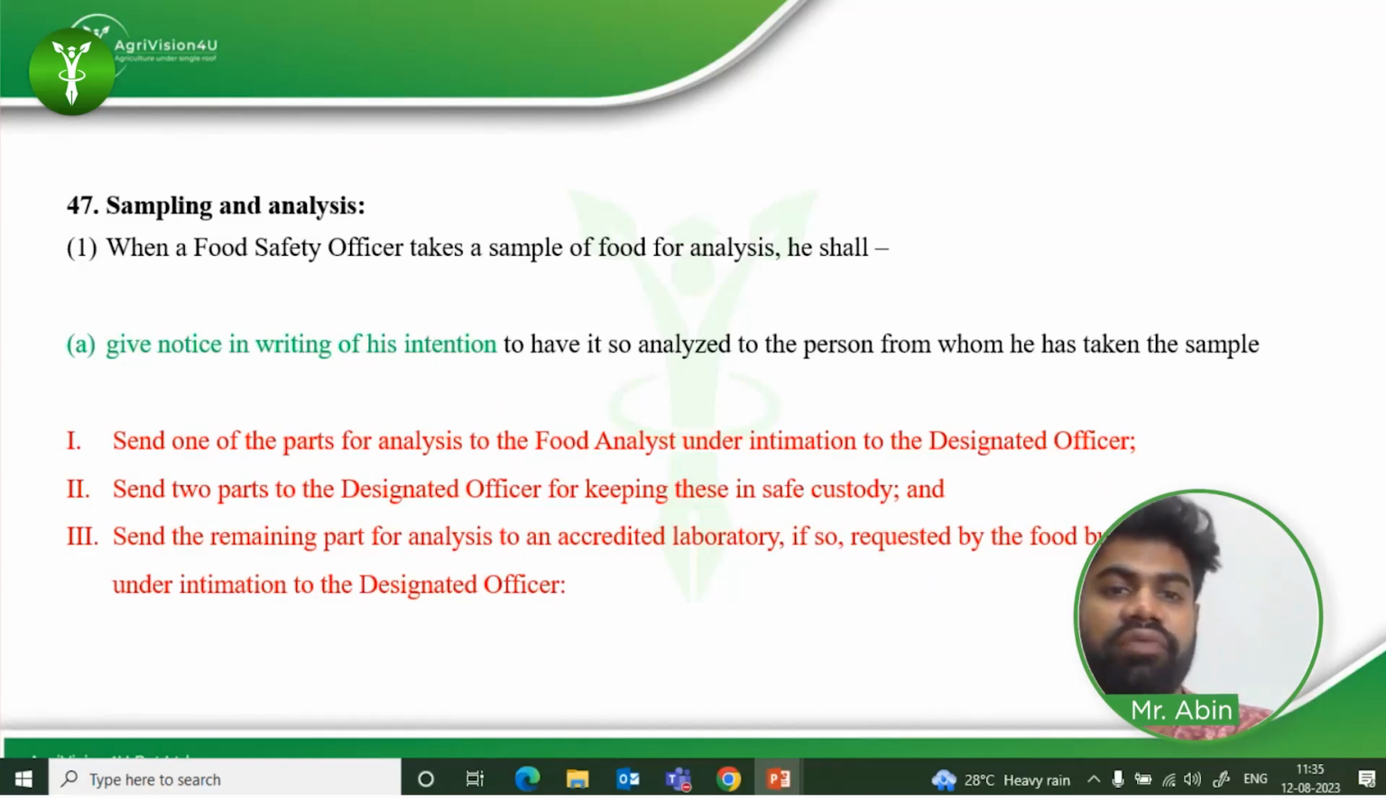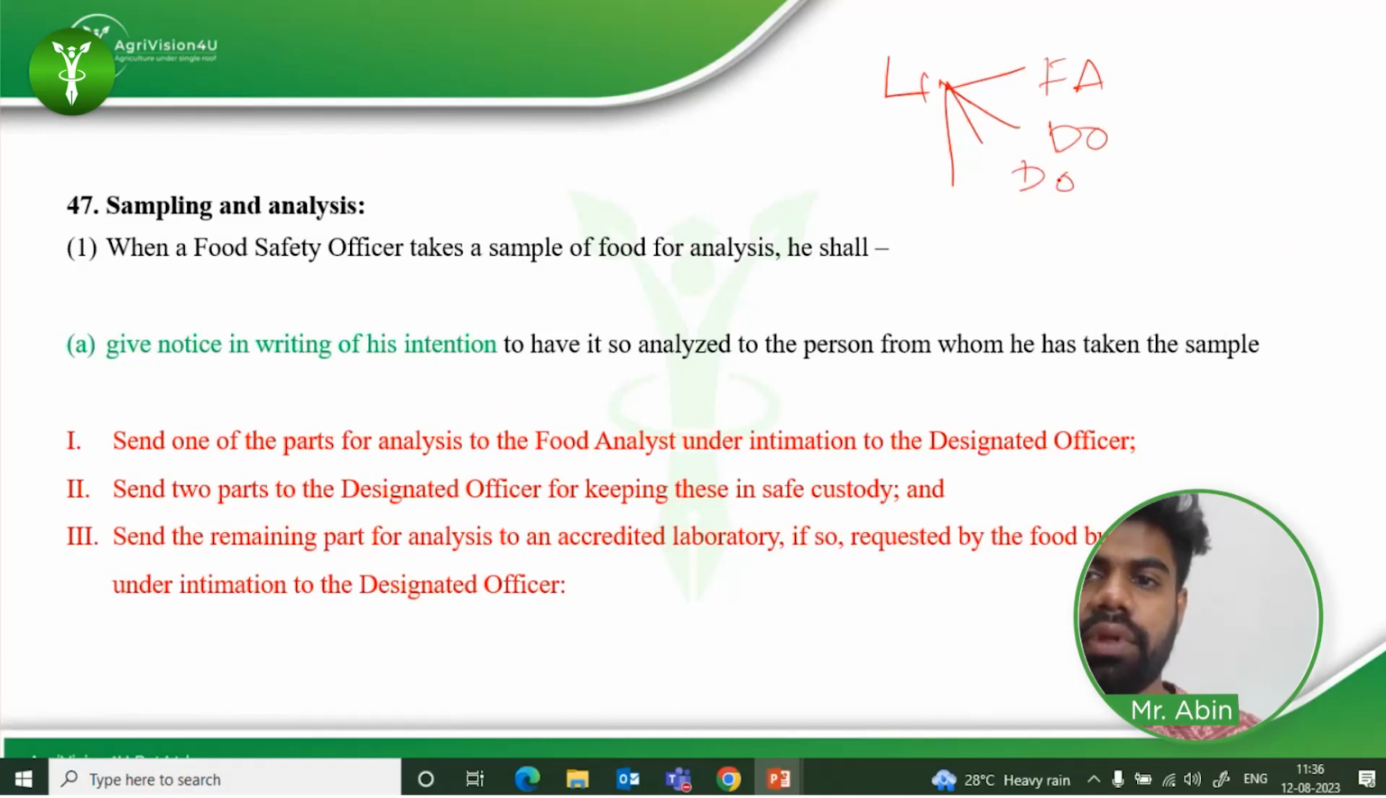It's a simple thing. Whenever sampling is happening by the FSO, the samples are divided into four. Before taking the sample, the FSO will be writing a notice to the FBO also, and giving that. All these forms we will be seeing later; there is a certain number for each form. Under these four parts, he will be dividing the samples into four. One will be going to the food analyst under intimation to the designated officer. Two parts will be going to the DO, and the last part will be going for an accredited laboratory